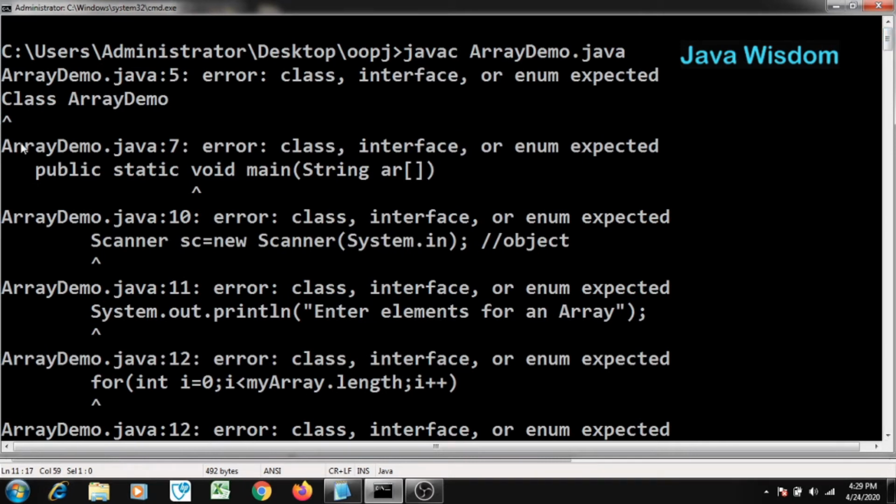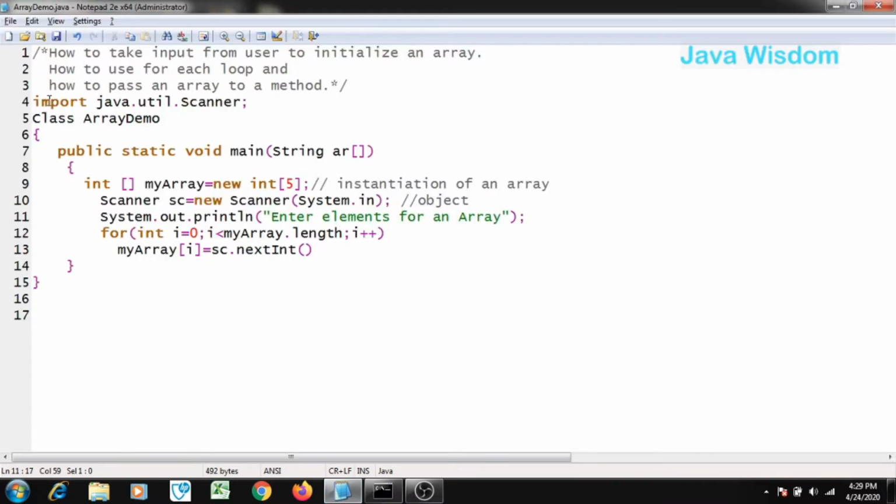Okay, if you see here, I have mistakenly written the class keyword in capital, so I have to make changes over here. It should be small. Scanner. Here a semicolon is missing.